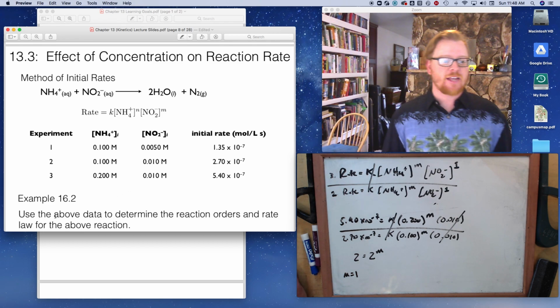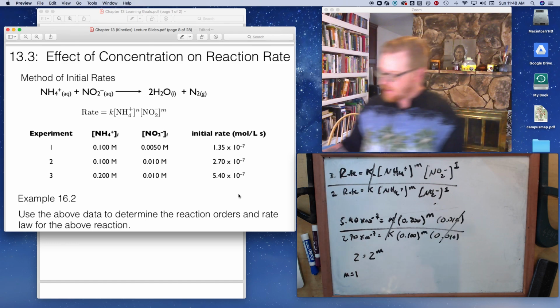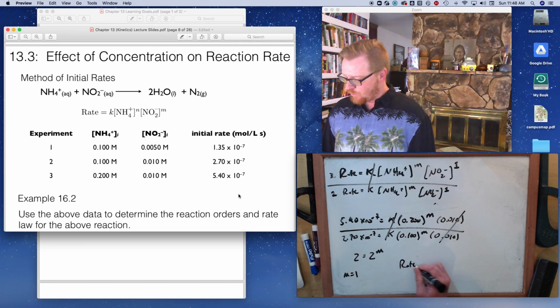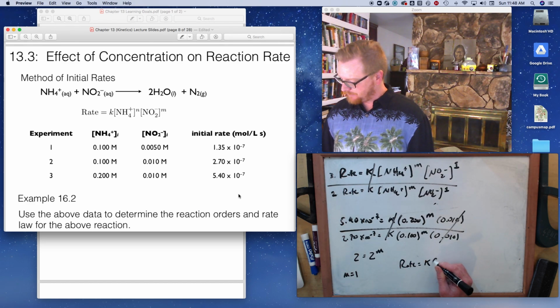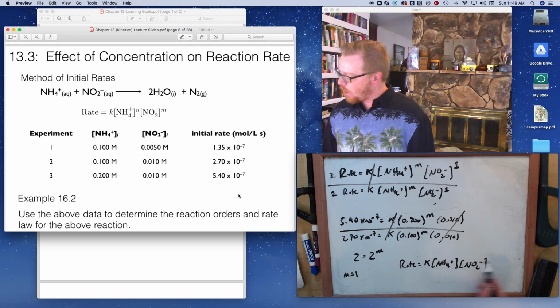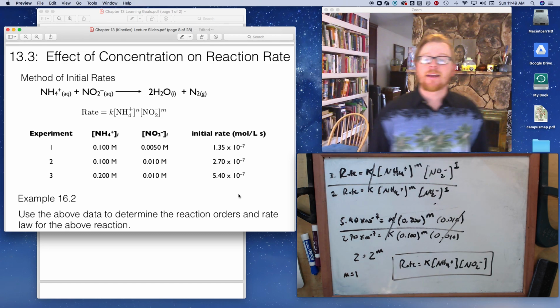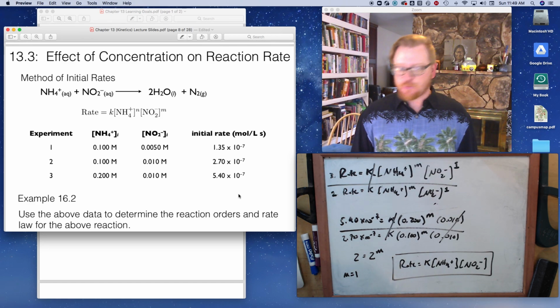And so when the question says, use the above data to determine the reaction orders and rate law, the rate law is rate equals K times [NH4+] times [NO2-], both being to the first power, meaning ammonium is first order, nitrite is first order,